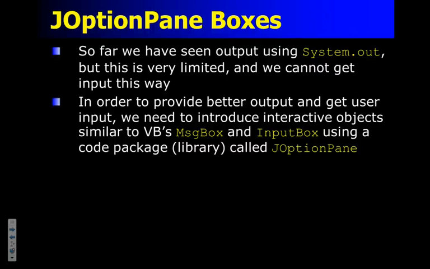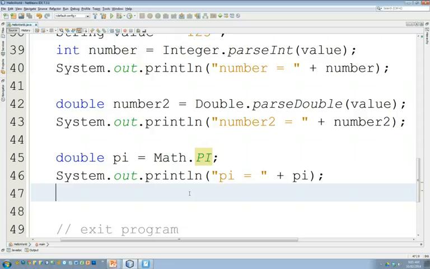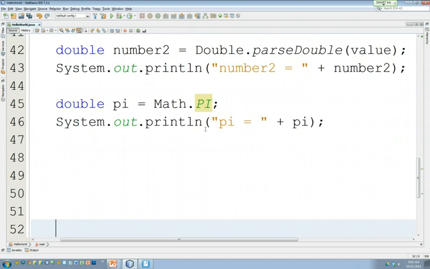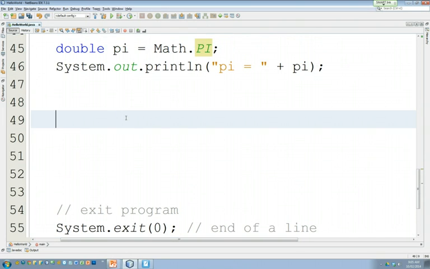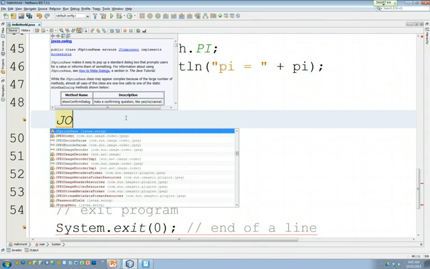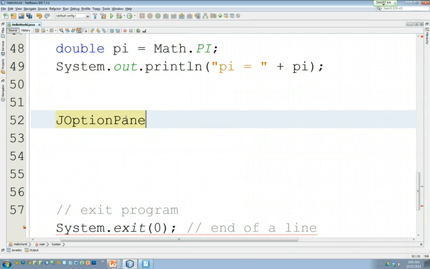Okay, so let's try this before I bring up the code. So we're going to try this. I'm going to leave some space. Okay, so it's capital J. Now, it's a weird spelling. It's a capital J and a capital O. But at this point, I wouldn't worry about memorizing this. A quick way I can figure out how to spell this is by holding down Control and pressing spacebar again. This is a way you can auto-complete the word JOptionPane, and I can hit Enter, and it finishes